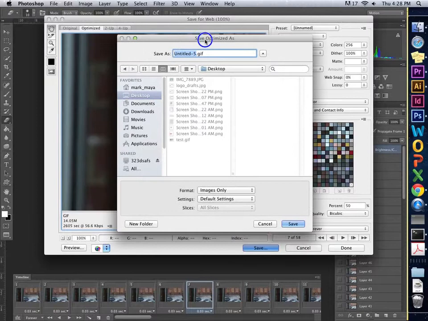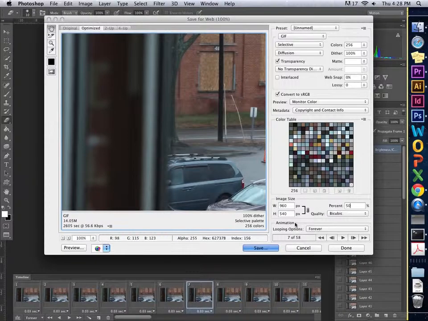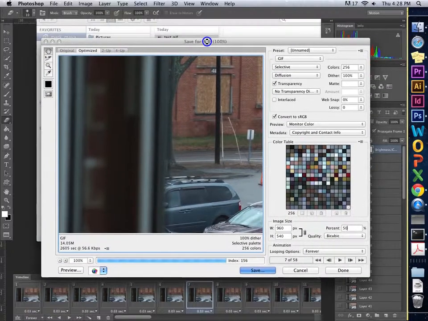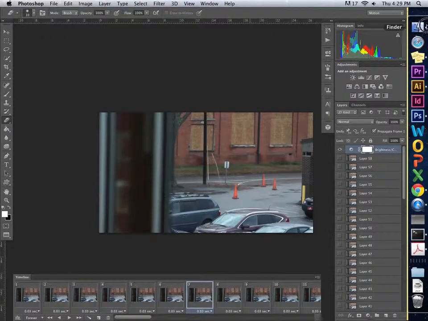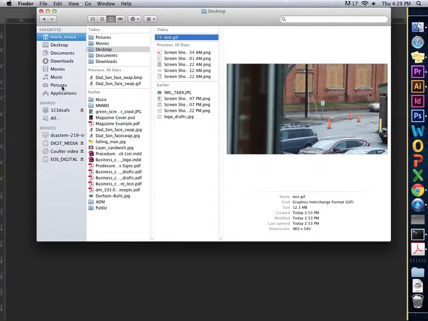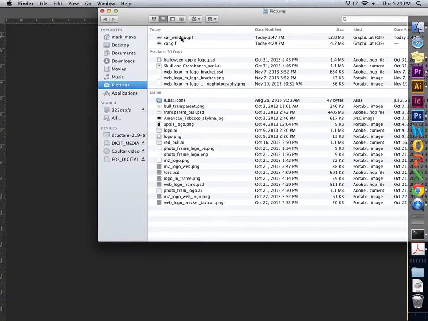And it asks me where I want to save it and what I want to call it. I'm just going to call it car, and I'll just go ahead and put it in my pictures and press save. And now if I go to my Finder window, after it saves, if I go to my Finder window and go to Pictures, I'll see there's my car GIF. I'll press space,